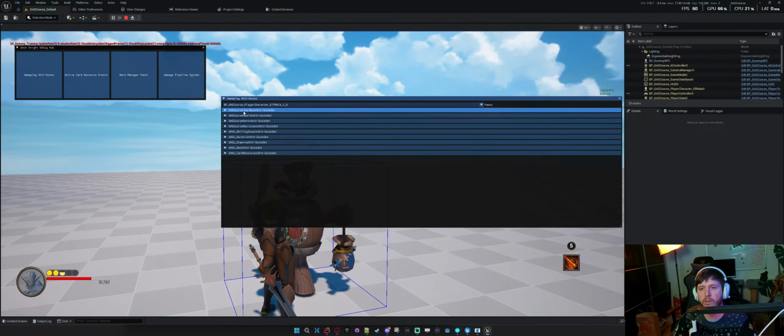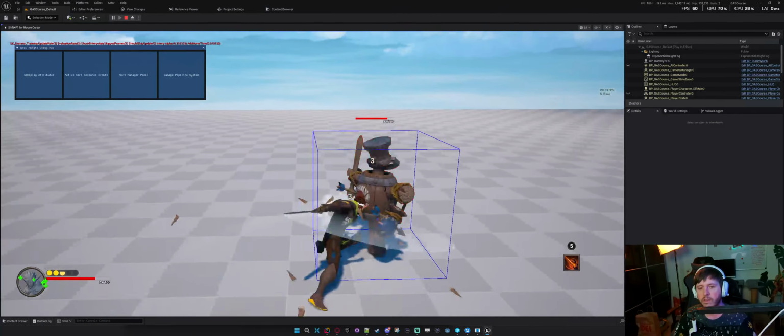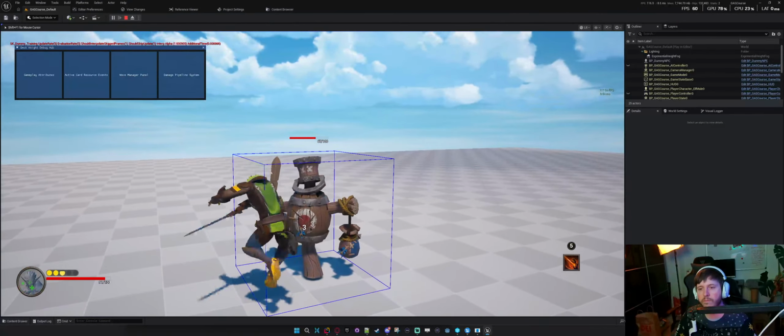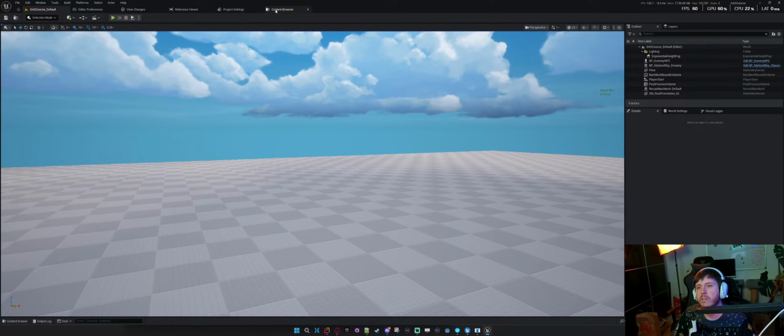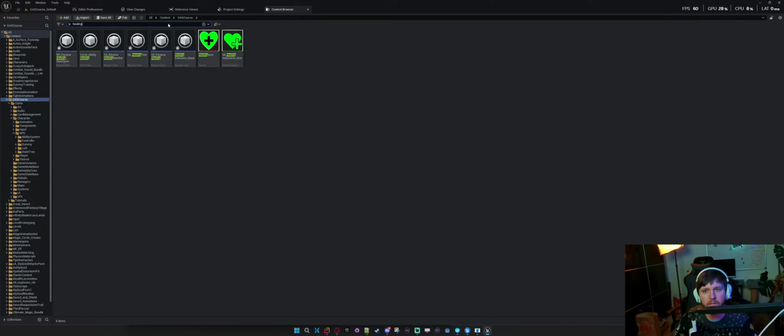Let's just make sure we have attributes set up. Health attribute, we're gonna say healing attribute 1, for healing. Everything looks cool. Okay. So now, in theory, we should have our healing.